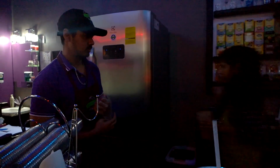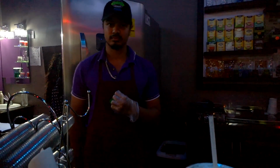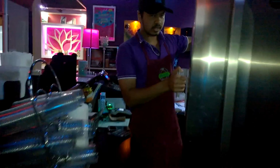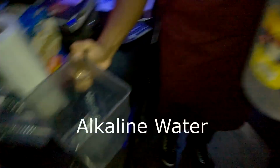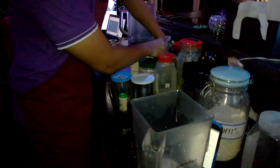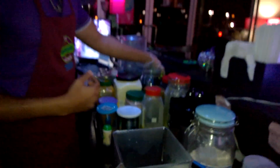So let's see what else we're gonna do now. We're gonna make our choc fusion. All right. So let's try this. Mix our almond here. So first we add the alkaline water, as you see here. We use about half a scoop of almonds for a smoothie, because I don't want your drink to be tasting too much of almonds. And secondly, we're going to add